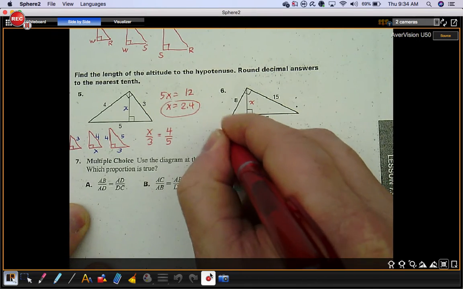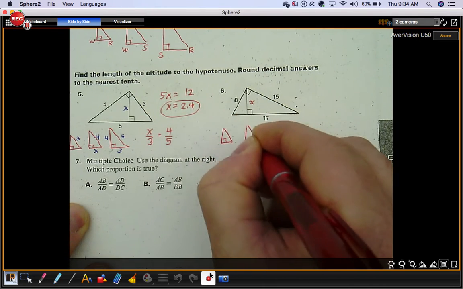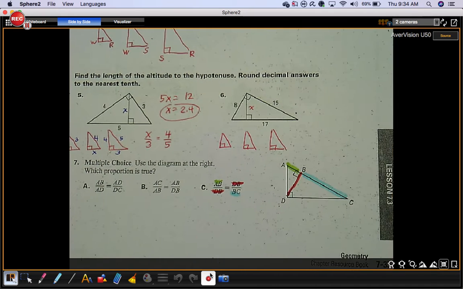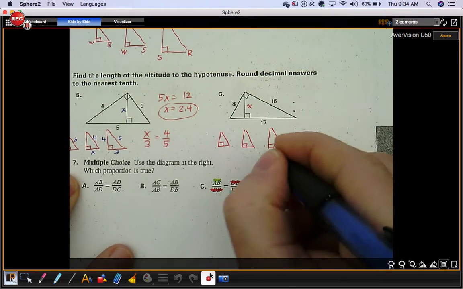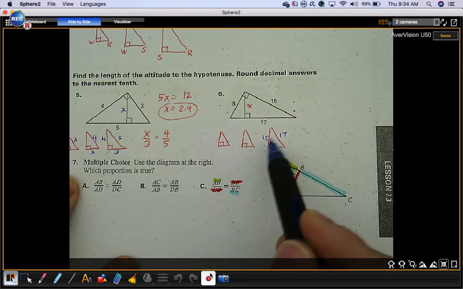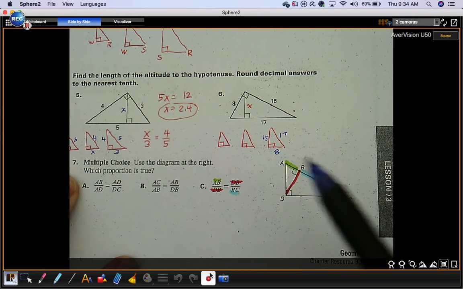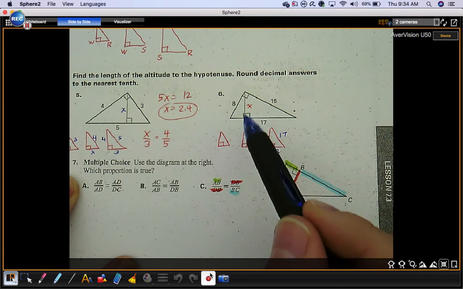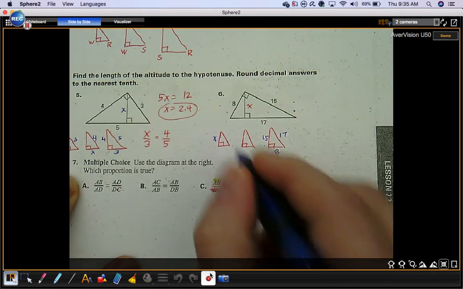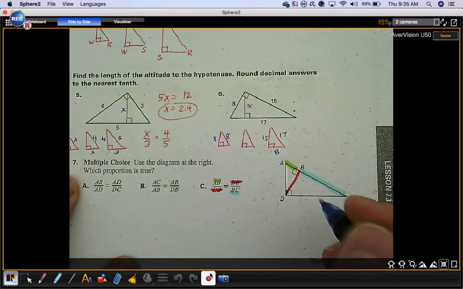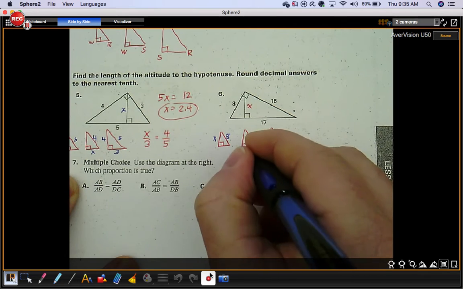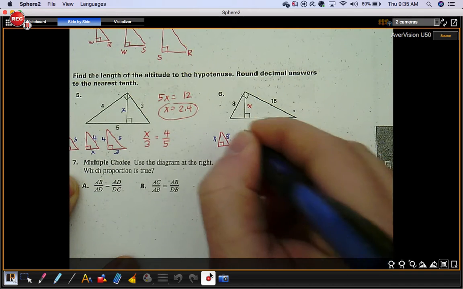Okay, so let's split these up. Little right triangle, medium, big. Now on my big, I know I got 8, 15, 17, and that's the triangle I'm going to compare to one of these. Okay, now just for practice, here's your little one. This altitude to the hypotenuse, that's your long leg. The hypotenuse over here is 8. On your medium-sized right triangle, that altitude to the hypotenuse is the short leg, and then your long leg is,